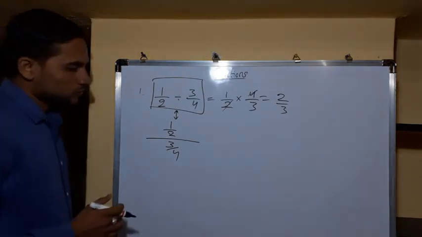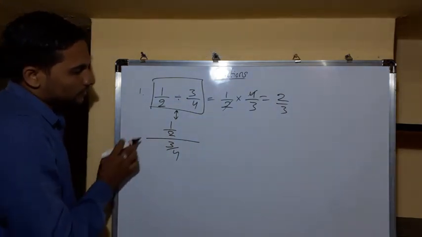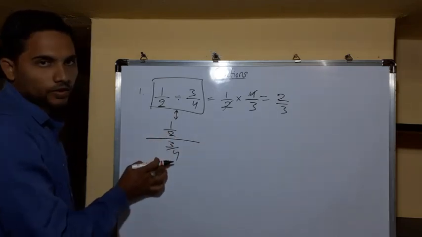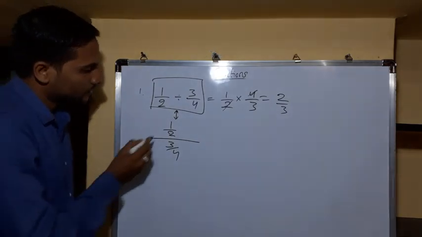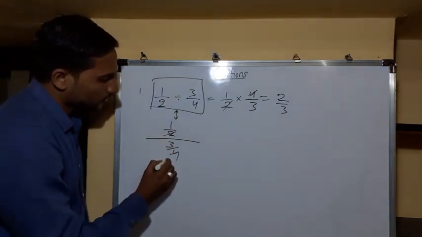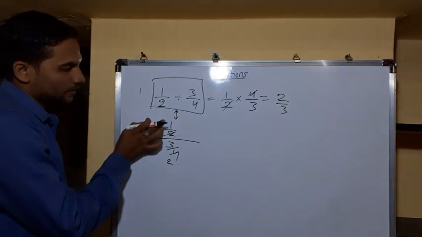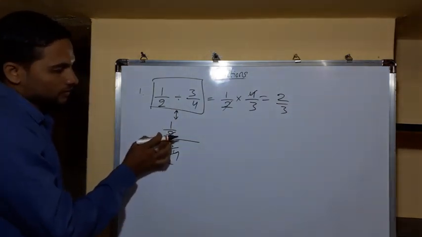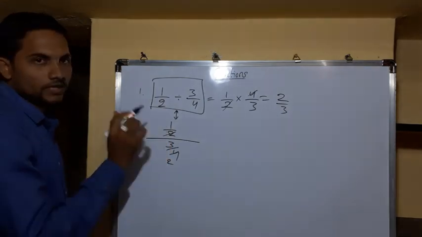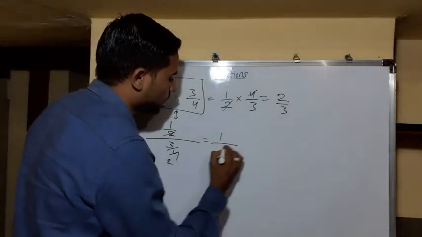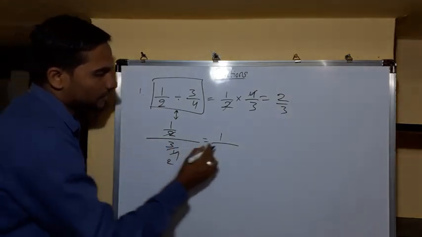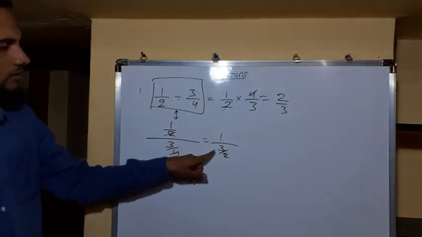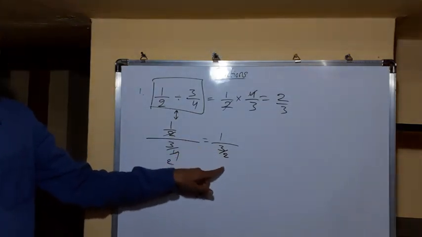See, how to solve this? This is the numerator, this is the denominator, the whole divided by, again this is the numerator, this is the denominator. So how to solve here, friends? This denominator and this denominator should be cancelled, keep this numerator and keep this as it is. So how much is left? The 2 is already cancelled, 1 by 1 is 1, and next 3 divided by 3 divided by 2, right? So 1 whole divided by 3 by 2, right?